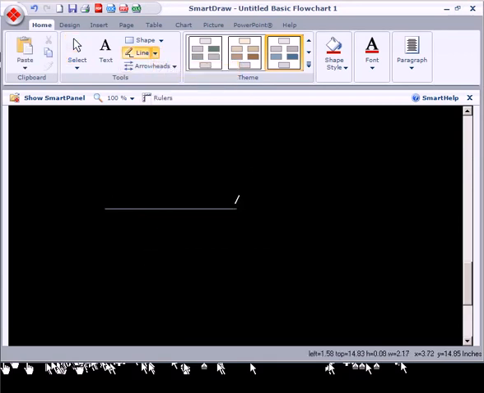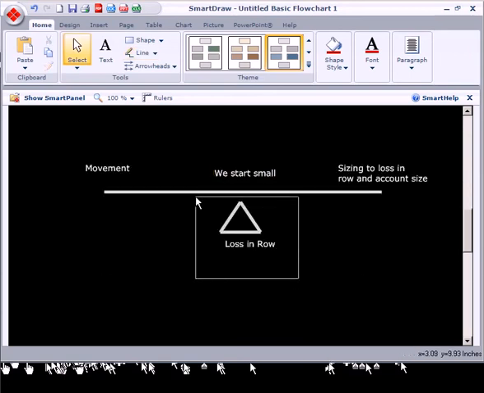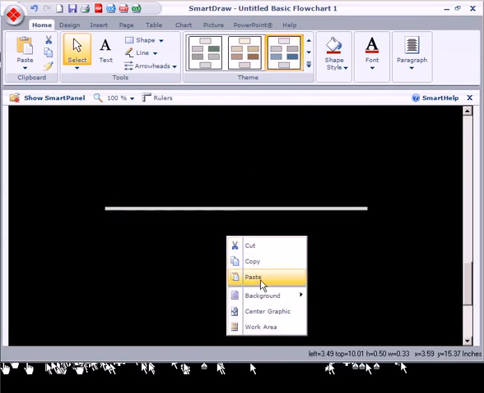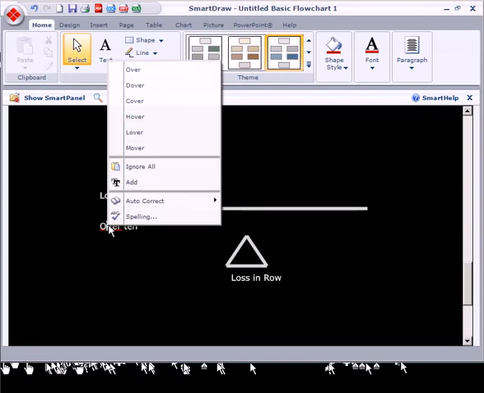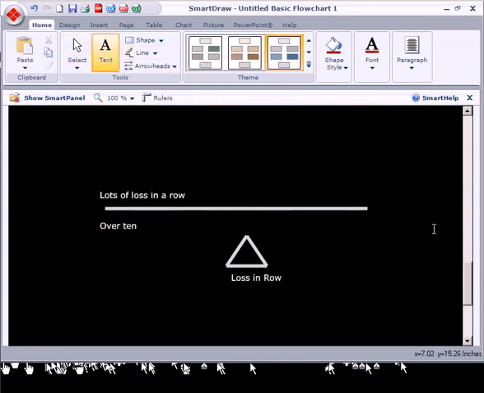We'll erase this one. I have a teeter-totter right here, another one, and we're all about balancing stuff here. This is all about balance. If I bring this teeter-totter down and I say I take lots of losses in a row, over 10, over 10, over 10. Now, on this side of the equation, I take few losses in a row. Few losses in a row. Now, this is balancing your money management profile of losses in a row.